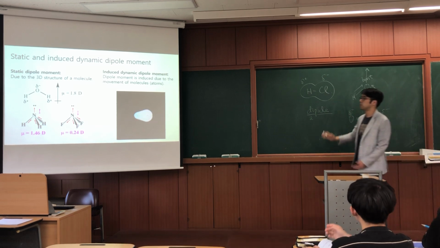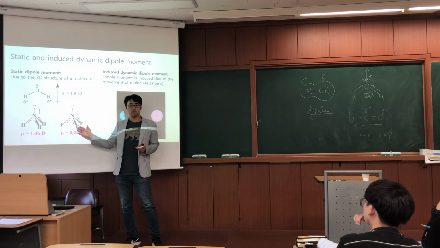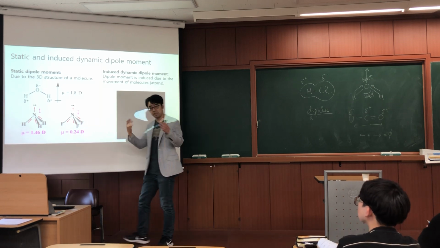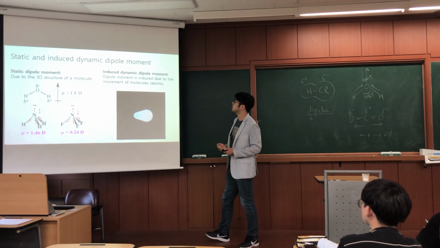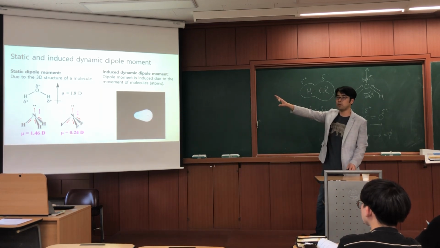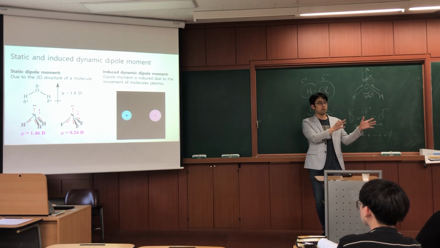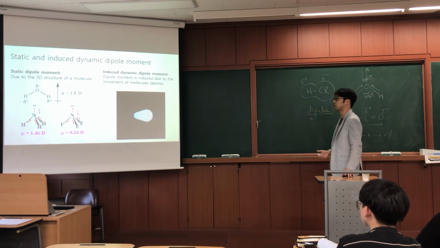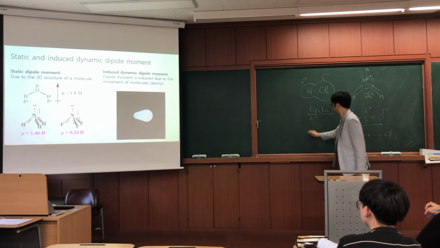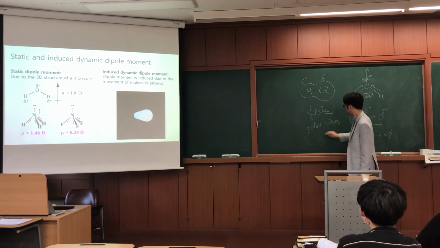So some molecules, especially asymmetric molecules, tend to be polar molecules, right? I think you already know about this. And in addition to that, that is one of the basic principles of classifying which ones are polar molecules and which ones are non-polar molecules, right? So polar means this and